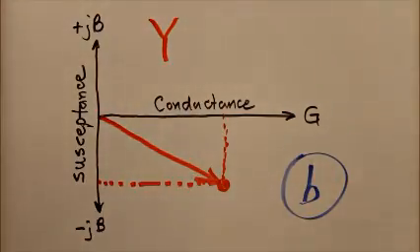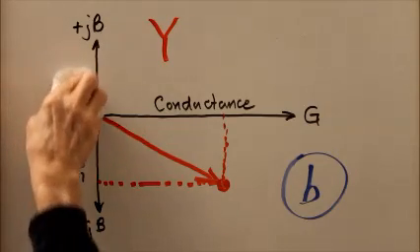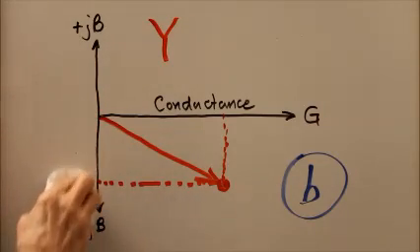As in Bravo, we have conductance along with inductive susceptance to form a complex admittance. So once again, the correct answer is B. Now remember, if we were to deal with the complex impedance plane instead,